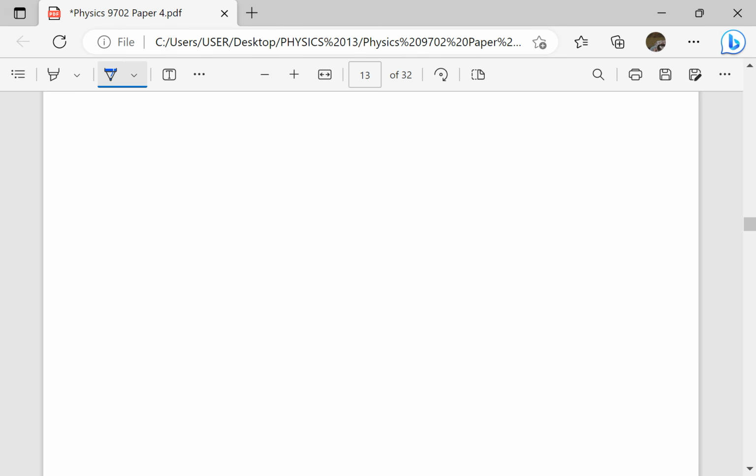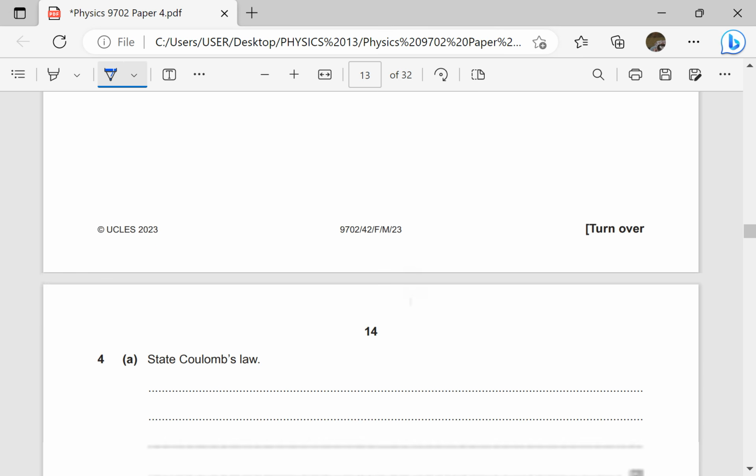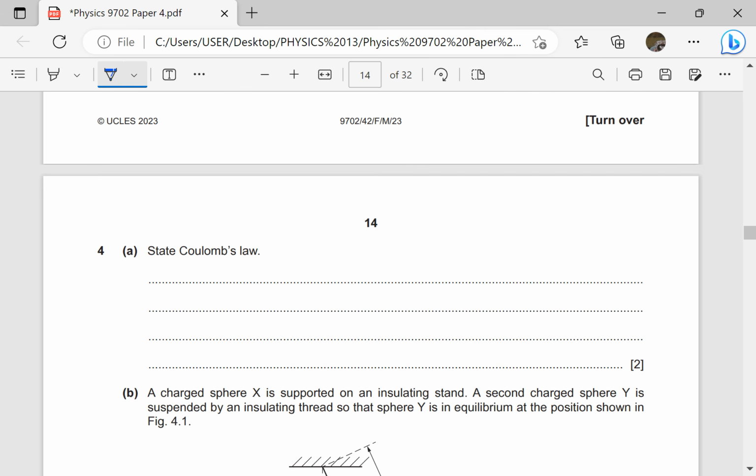Again, another blank page. State Coulomb's law. Of course, Coulomb's law can be quoted as F is equal to Q1 Q2 over 4 pi epsilon naught R squared, but this is not the law. These Q1 and Q2 must be point charges, so it states that the force between 2 point charges